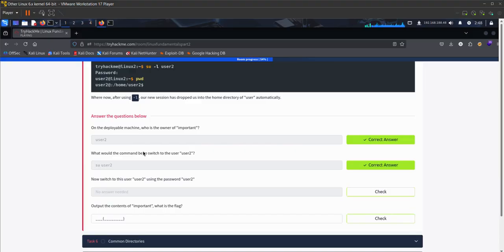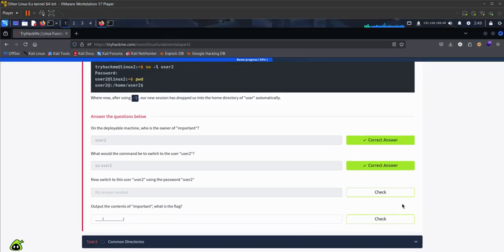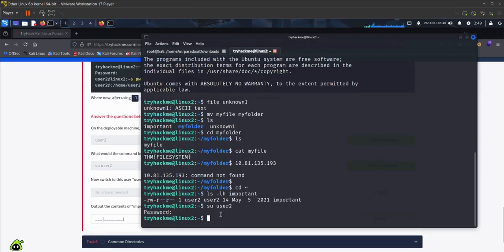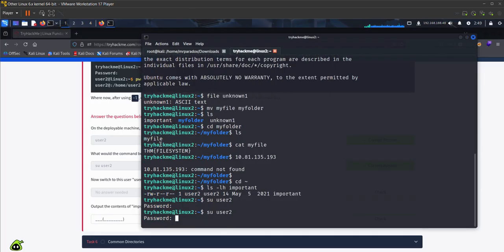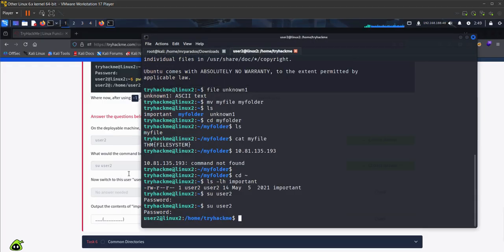Now switch to user2 using the password user2. So user2 and our password is user2. Okay.